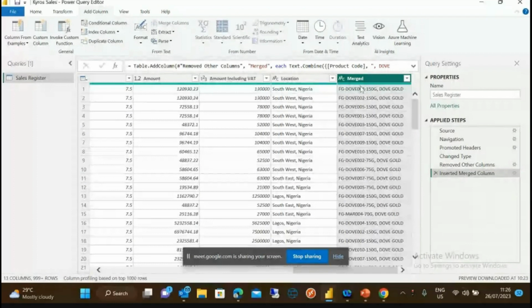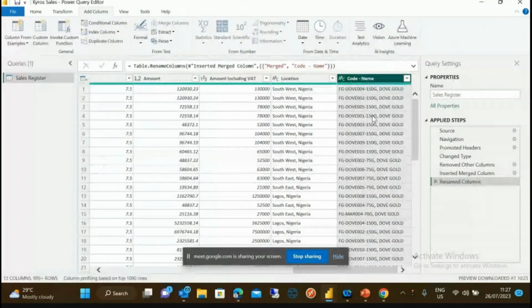So I can change the name of this column and call it product code, product name, or code name. Let's just call it code name. Okay, so this combines product code with product name. So that is creating a new column, and it's important that we know how to do this because in real life Power BI projects, you're going to be creating columns all the time. Okay, so